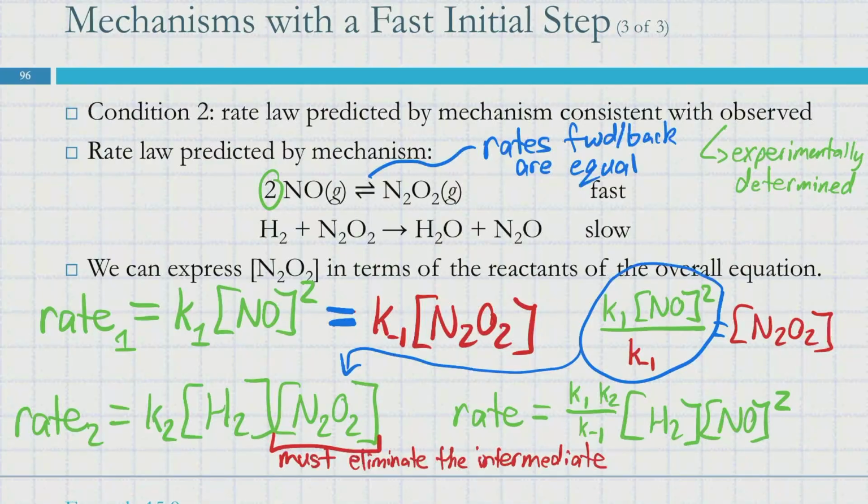We don't know what the individual numbers are, but if we combine them all together, that should give us some overall rate constant. So we can just smush those together. Let's do that in orange. Go Tigers. So we'll just turn that into some K with whatever subscript you want. It doesn't really matter. You could even call it K prime,